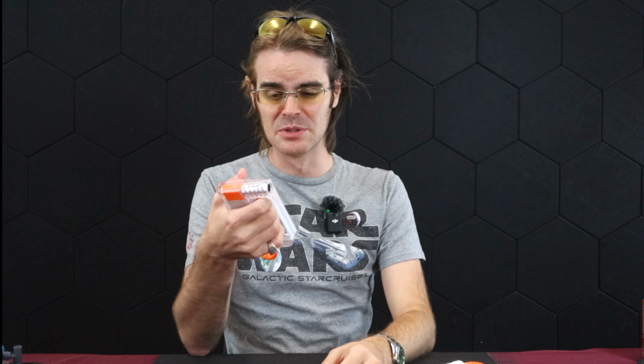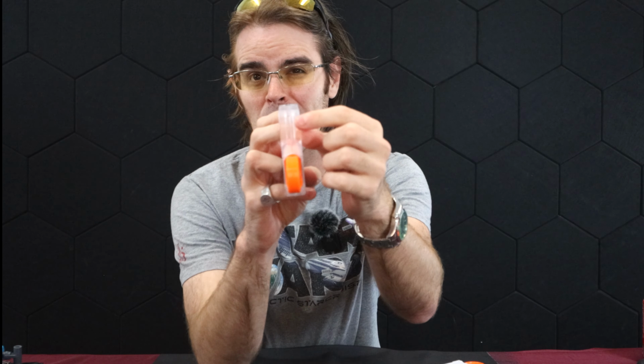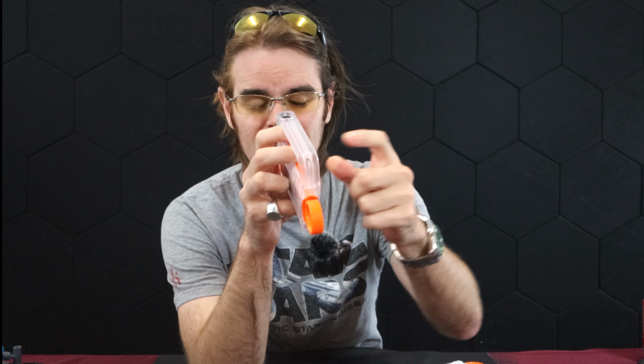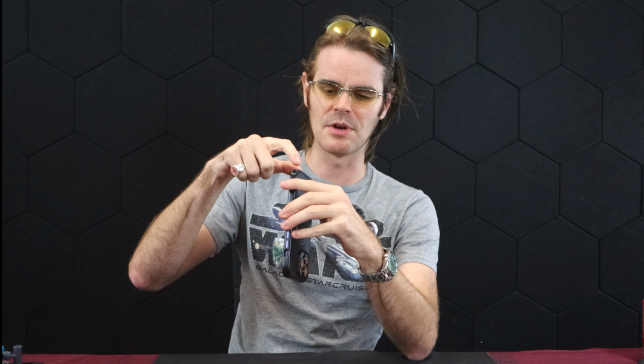Now, I'm not gonna lie to you guys, you give up a little bit chasing a dream. This thing does not have a lot of features. It's got an iron sight that you're never gonna use. It's got no tactical rails. It does have a cell phone style lanyard attachment down here in the bottom. So I guess you could wear it as a necklace. You could be the blingiest girl at prom with your hamster blaster, or you could put a wrist strap on it, a la cell phone strap, and then you wouldn't lose it when you were at Tokyo Disney Sea cosplaying